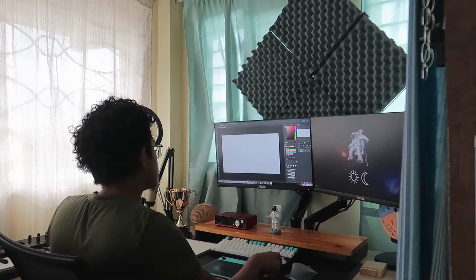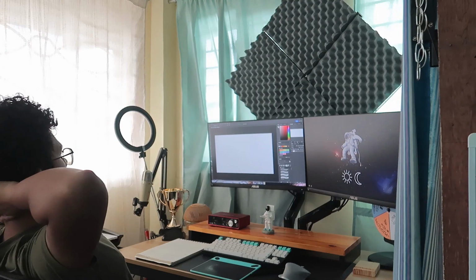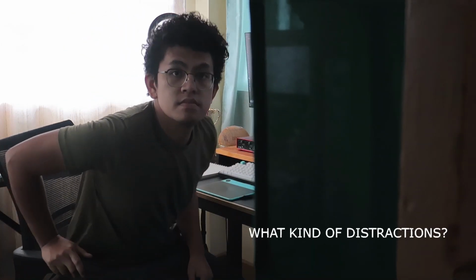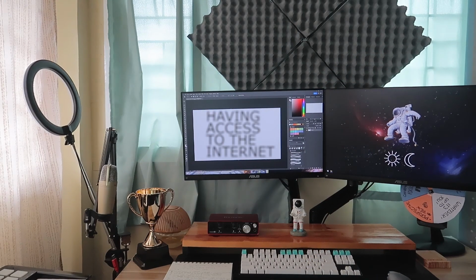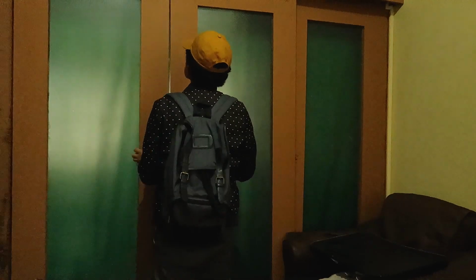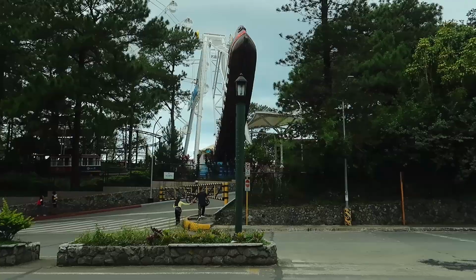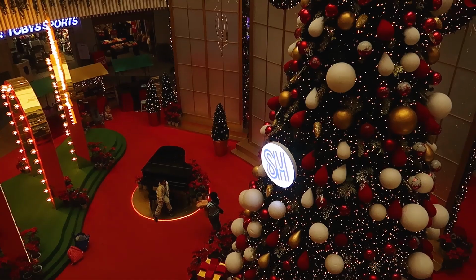Taking inspiration is probably one of the most difficult aspects of being an artist, especially if you're a work-from-home artist. Having access to the internet with tons of distractions is just hard. No pause on that. Sometimes you have to look for inspirations outside the four corners of a room. A quick fix for that, if you're on a tight schedule, is to do mood boarding, taking images from the internet. But most often, that keeps you from capturing the feelings and emotions that you want to manifest in your